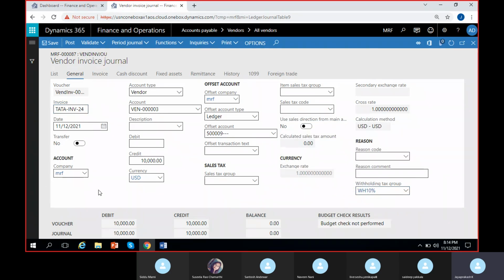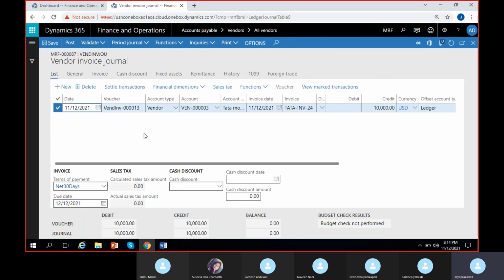Normally, if you select it on the vendor, automatically it will be selected. So by default, it will be selected. But on the invoice, it is not considered at all. On payment, it normally considers the default withholding tax group that exists on the vendor. Only during the payment of the invoice it will consider. Okay, now if I save it and if I post this entry,